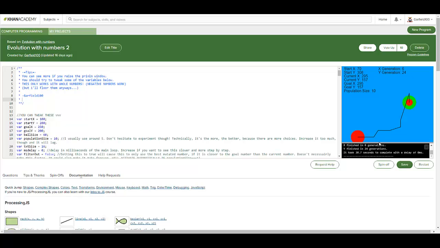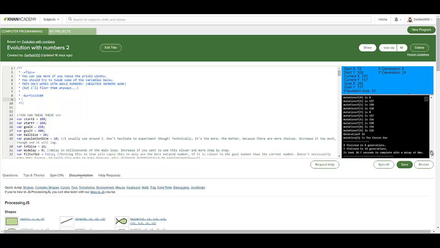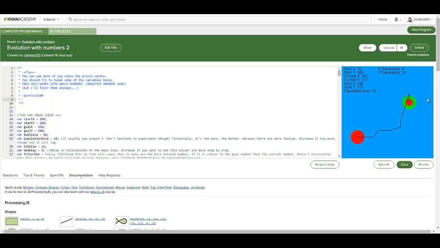Yeah, so if we scroll up this log again, you can see it started here. So I have no idea what it's doing. So it started with 70, then the closest from 70 to the goal x is this, and it does exactly the same thing, just with x and y this time. So that's pretty simple, I guess, in the end. And I just like to do these things because it's quite interesting, actually.